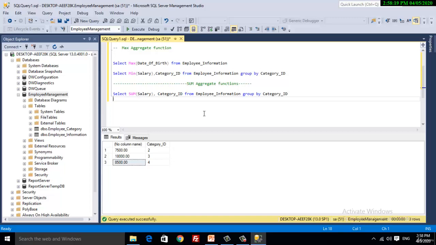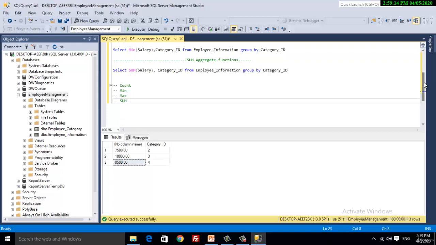I hope that now you are very clear how to perform the aggregate functions. So far we have learned how to use the count function, min function, after that max function, and in the last we learned the sum aggregate function.